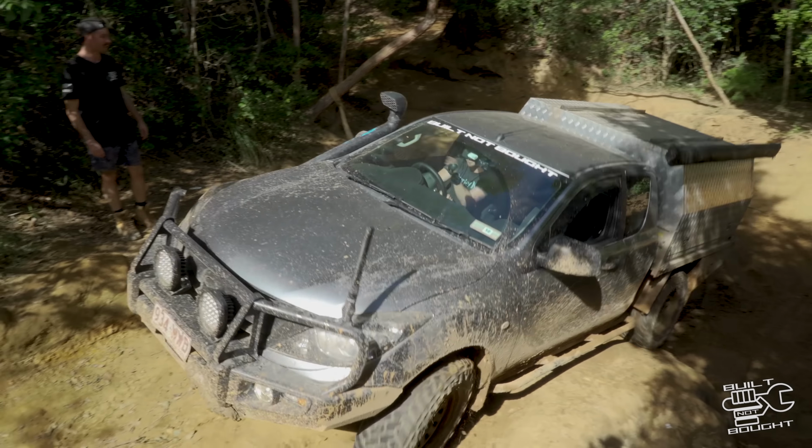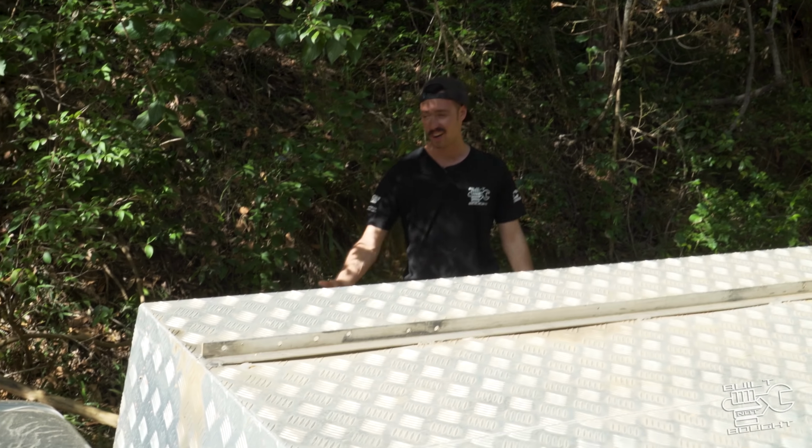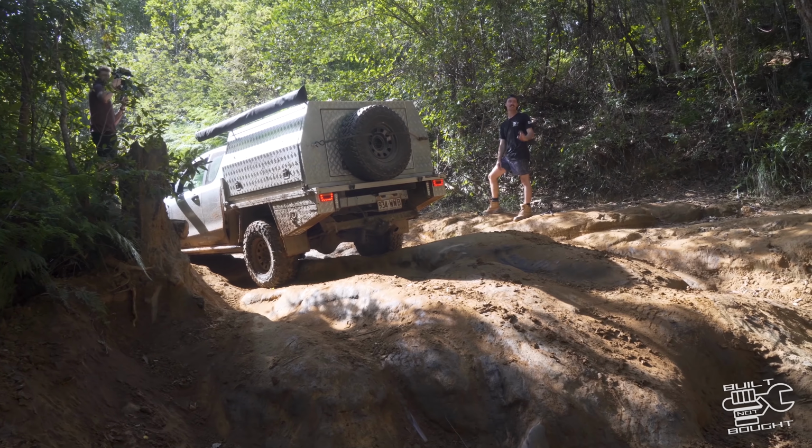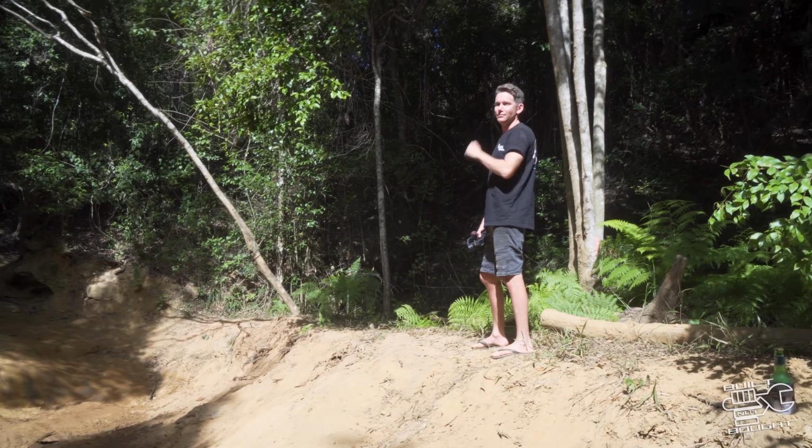Oh my God! Too easy. You didn't need lockers, nothing. It's all about your line. So after watching me, Sam's just basically driven up that thing like no tomorrow. As long as he picked that line, there was really no hard section about that. So he's just popped straight up on top, which has given TJ some confidence to do this,